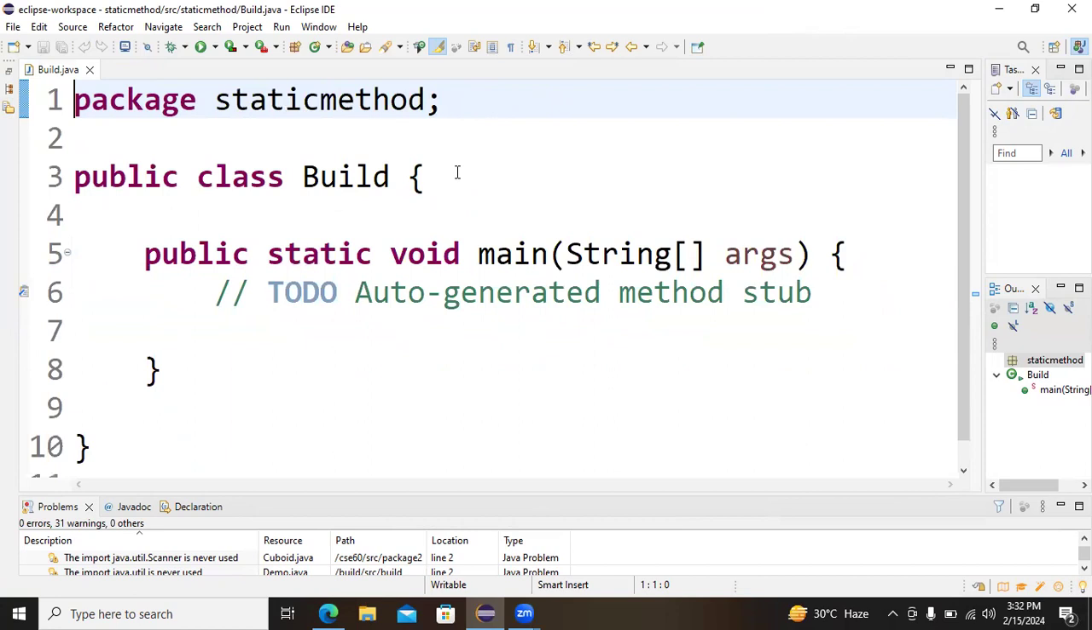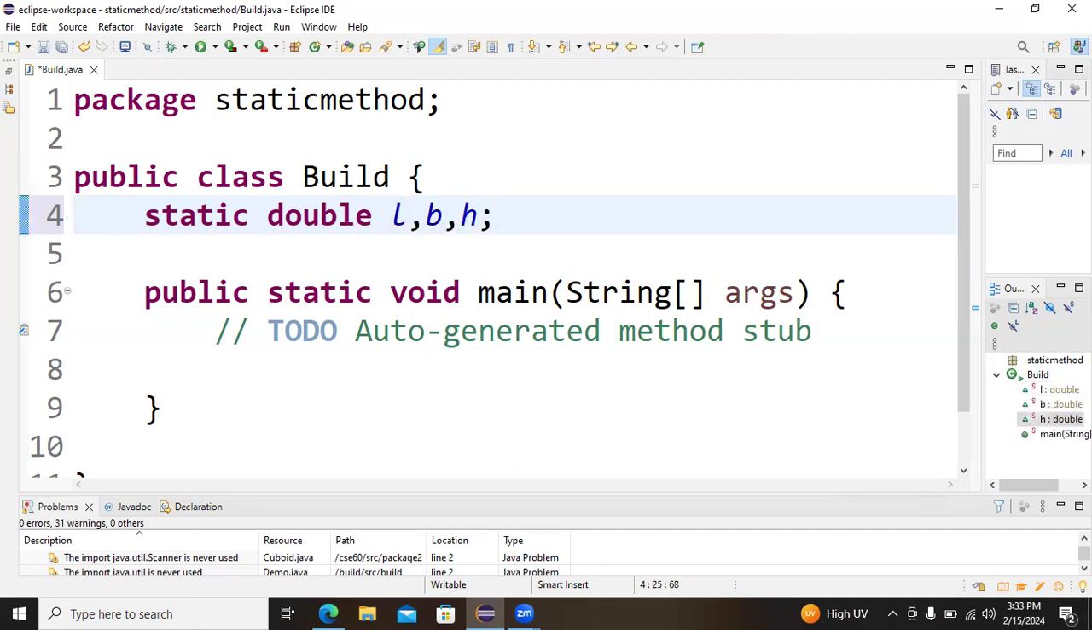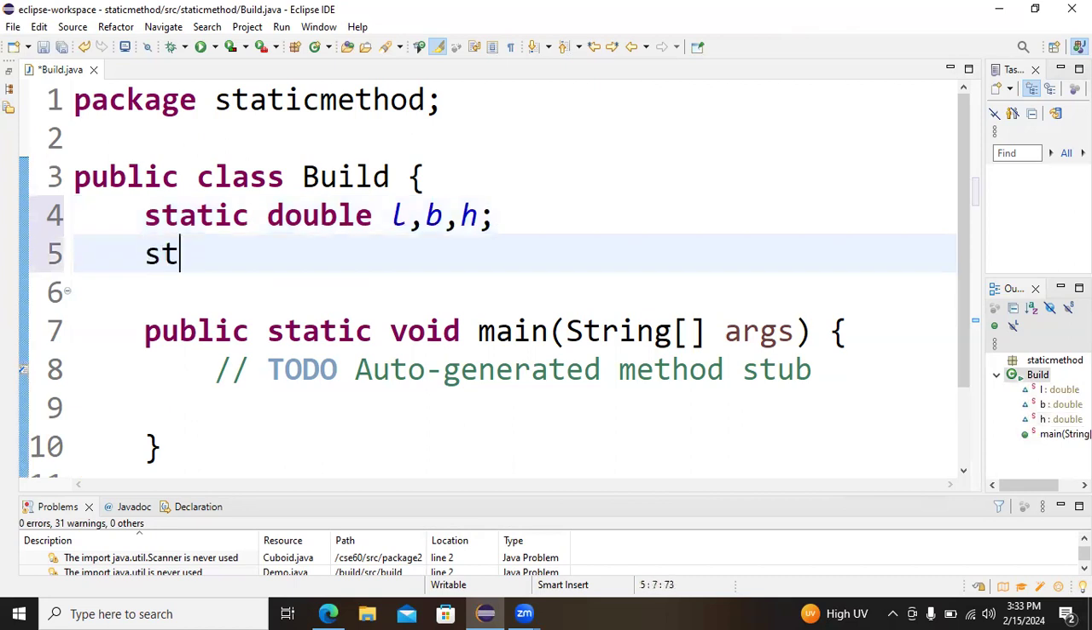Okay, now our next step is to declare some variables, static int, and just let's apply some formula. Let us take the volume of a cuboid. Static double, you can take the double primitive data type L, comma, B, comma, H. And next you can write the static block,